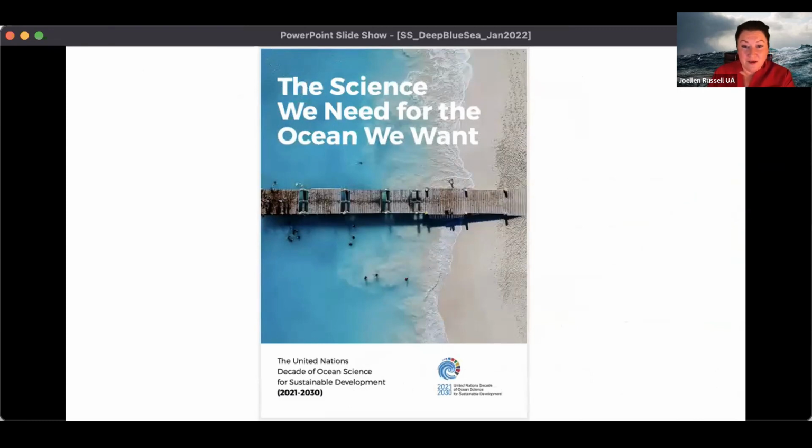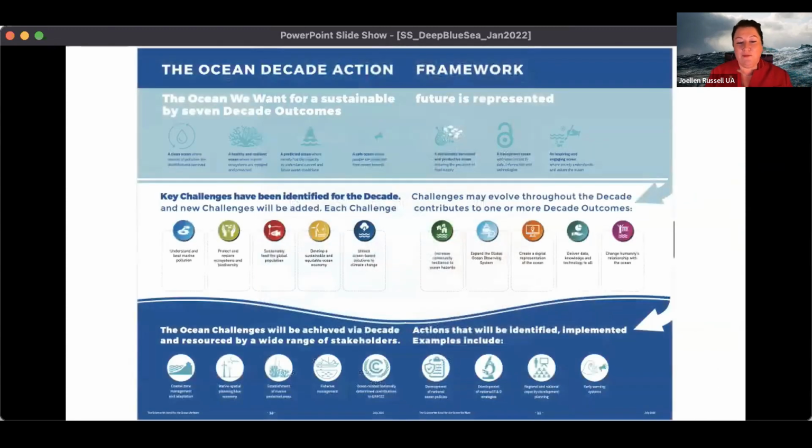So this is the UN, the United Nations Decade of the Ocean, the science we need for the ocean we want. And they've got a whole framework and a bunch of key challenges, et cetera. It's never my favorite because it's very people focused and I'm very ocean focused, i.e. I am less interested in my coasts. I know I should be, I would be if I lived in Manhattan. But in fact,